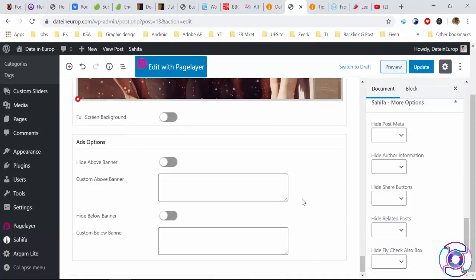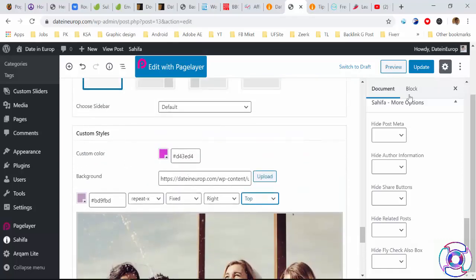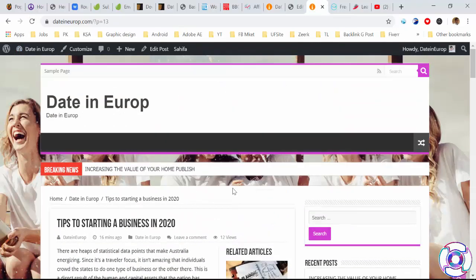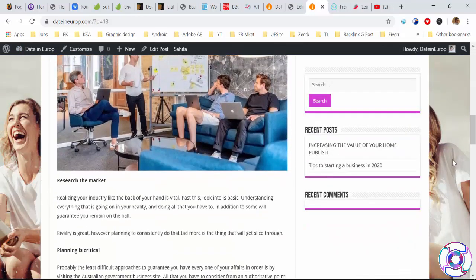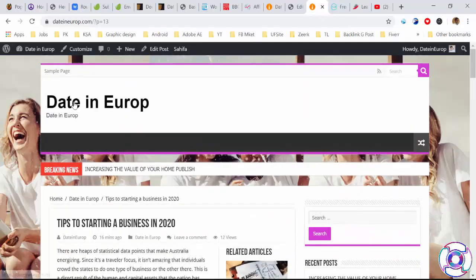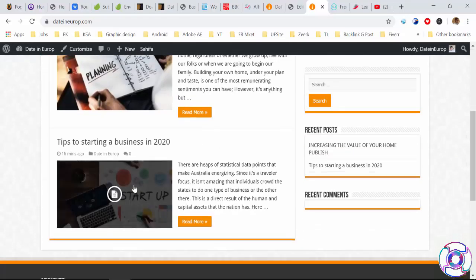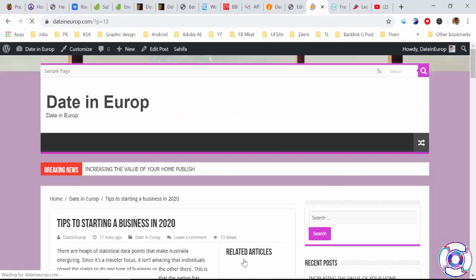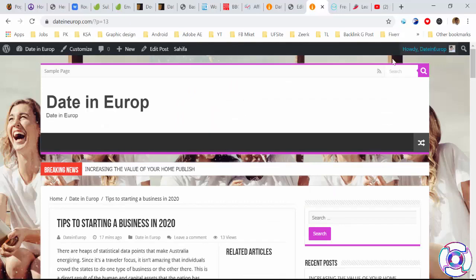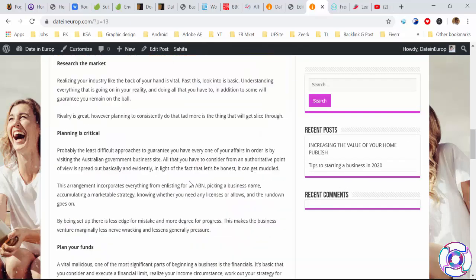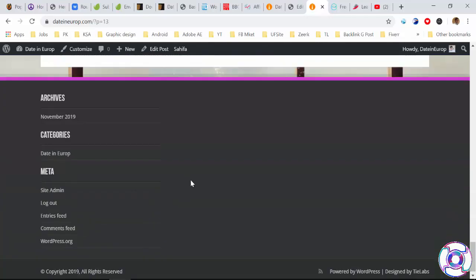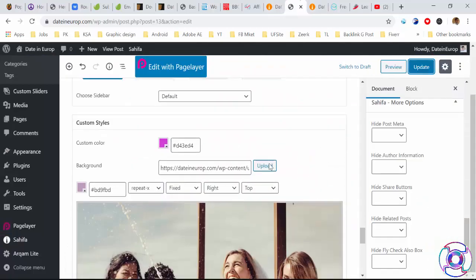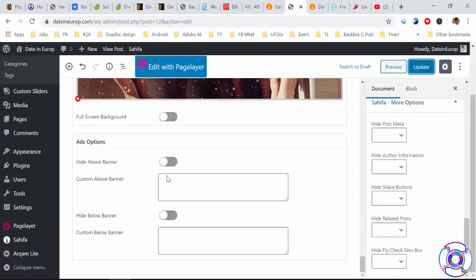Again I'm going to refresh this site and you guys can see the background image and color also changed. If I click on these themes there is a different color. Okay, when you click on this post, this post has a different color and blue, and you guys can see here our theme style and all the things are here. So next guys, we have ads option. If you want to add Google Ads, Media.net, any advertisement, you guys can see ads are separate.